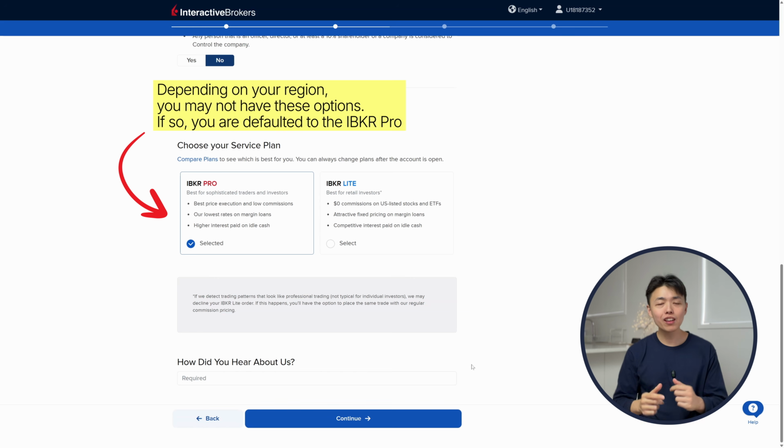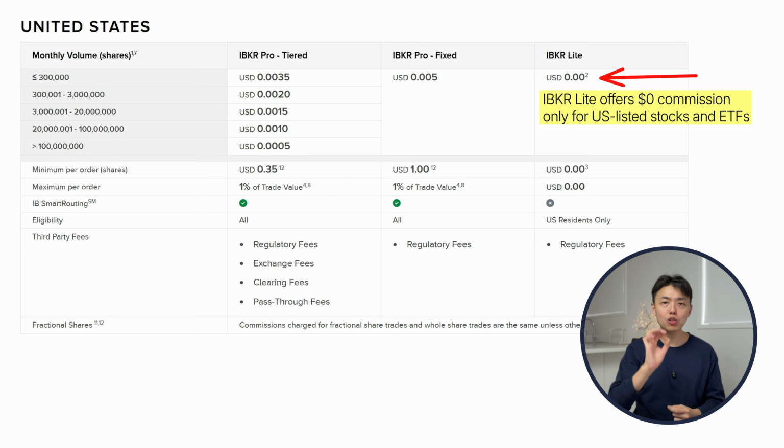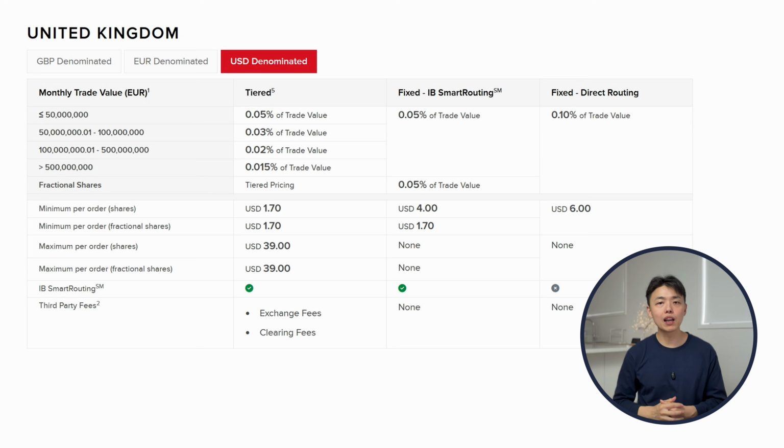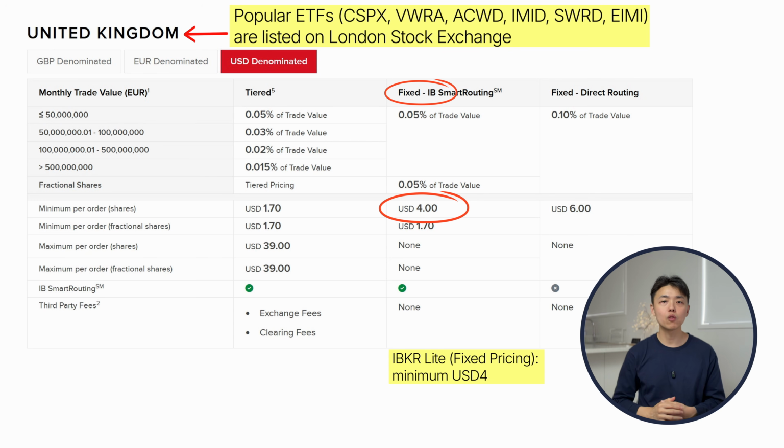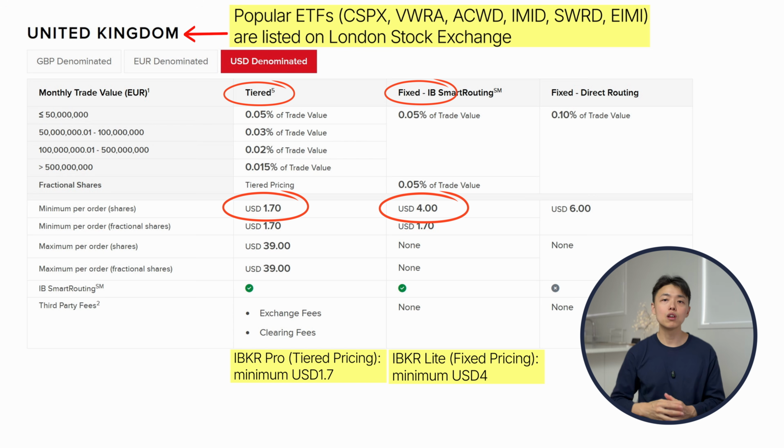In the next section, you will choose your service plan. If you pick the wrong one, you will be paying way more fees than you need to. Let me break this down. Interactive Brokers Lite offers $0 commission, but only on US listed stocks and ETFs. If you want to buy stocks from the London, Hong Kong, or Singapore Stock Exchange, you have to pay higher commission fees with their fixed pricing model than the cheaper tiered pricing model, which is only available on the